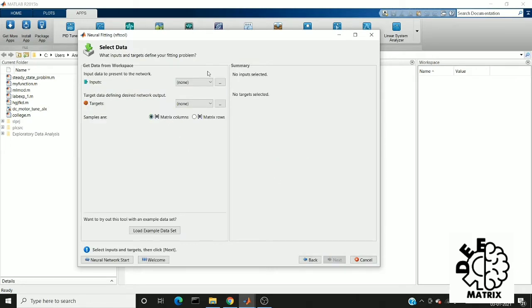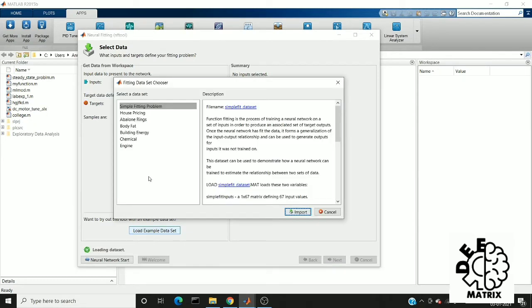Here you can upload your input and target variables for the construction of our neural network. For demonstration purposes, I'm going to use an example dataset. If you have a dataset of your own, you can upload it using a UI import. I have a separate video on how to import data into the MATLAB workspace.